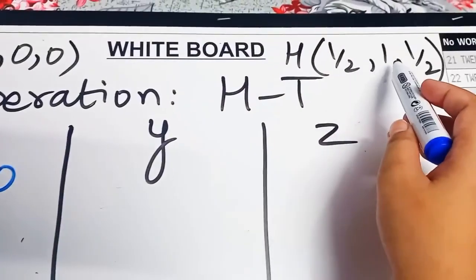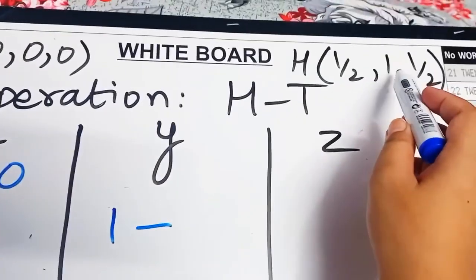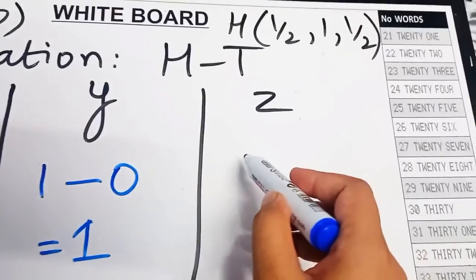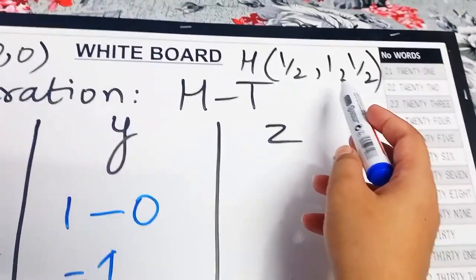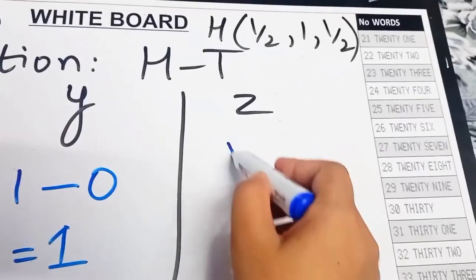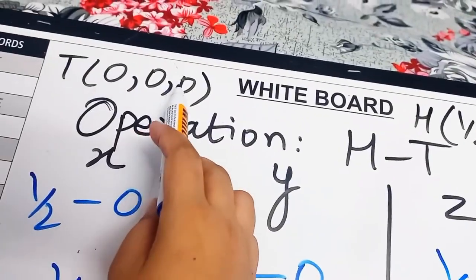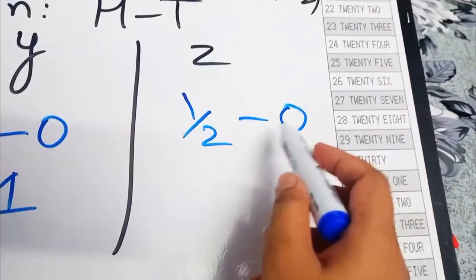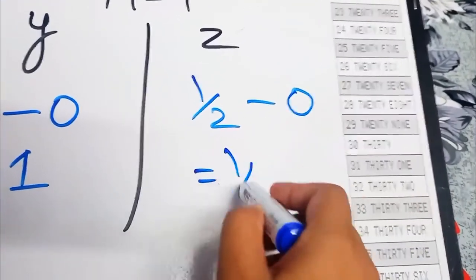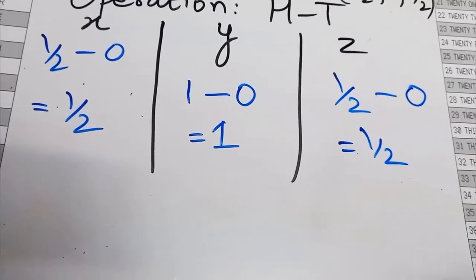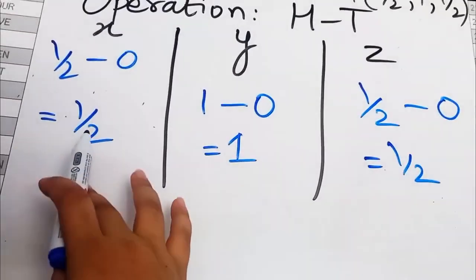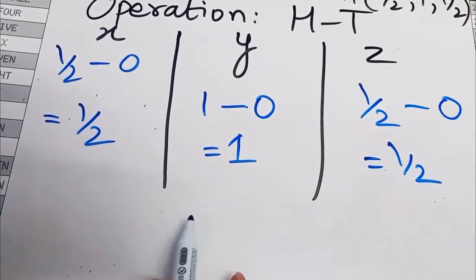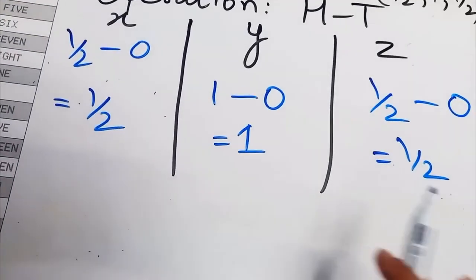And then we have 1 for head for y and 0 for tail, so 1 minus 0, which is equals to 1. Then you'll write 1 by 2 for the head minus the z coordinate of tail, which is 0, and 1 by 2 minus 0 is 1 by 2 again. So the numbers we have got so far are 1 by 2 for x, 1 for y, and 1 by 2 for z. As we can see here, there are fractions involved, so we have to remove the fractions,